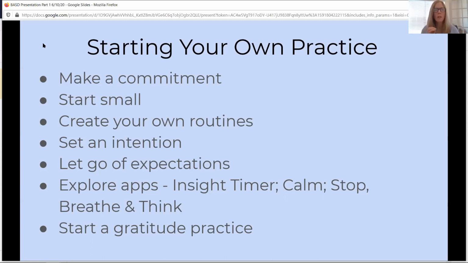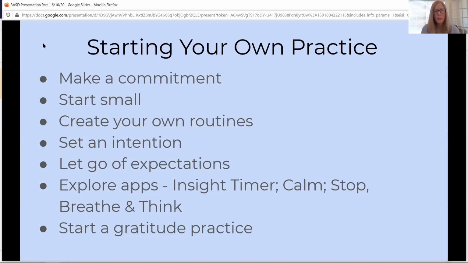But again, starting small. What resonates with you? Maybe set an intention. An intention is just a statement of how you maybe want your day to go, or how you want your classroom to be, or your life. Today I am calm, I am patient. And then just kind of check in with yourself. Am I aligning with my intention? Let go of expectations. You're not going to have this perfect, harmonious, happy, calm classroom at all times,